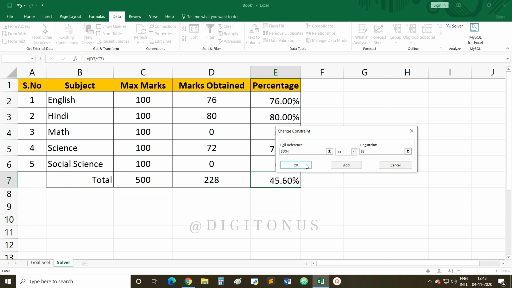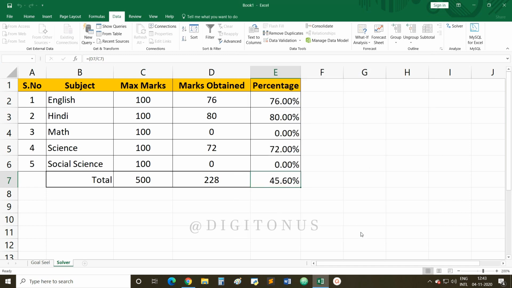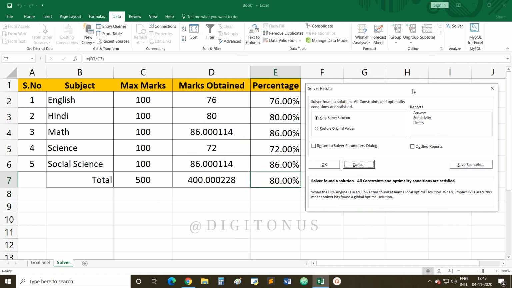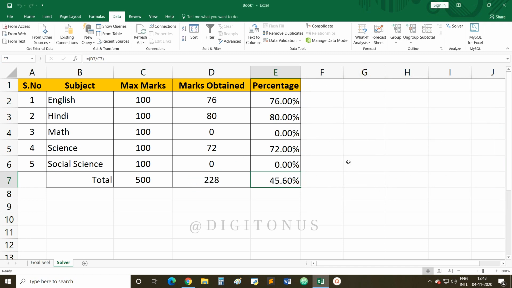I have increased the value, and then again I am clicking on this solve button. Now you can see the result has been found. Fine. So this is how you can set the values. If you require, you can set the maximum or minimum marks that should be filled in this particular cell.